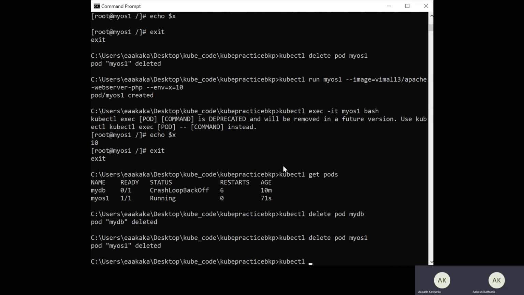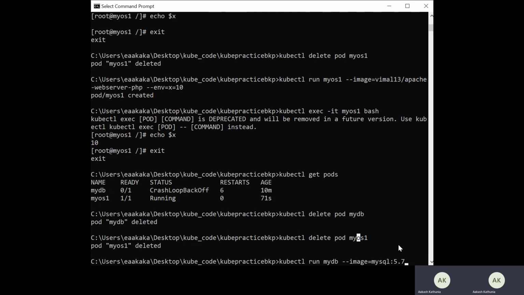In order to create the same, I need to use the same command kubectl run, and then the pod name, same mydb, and then --image equal to the image name which I copied from the Docker Hub, that is mysql:5.7. So this is the image name we are using from the Docker Hub.